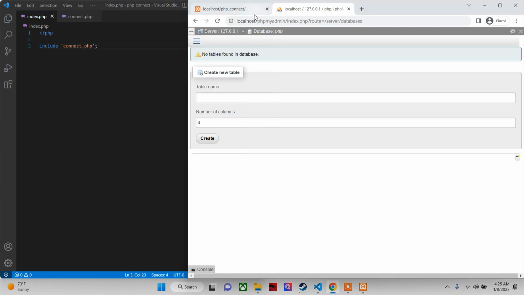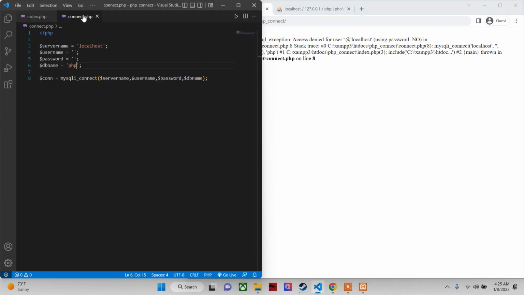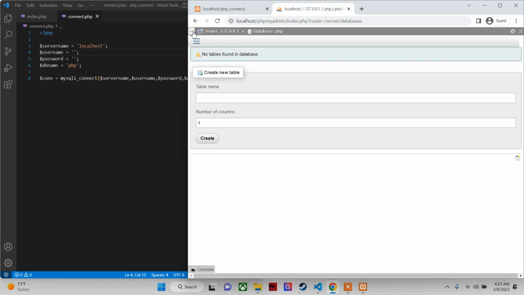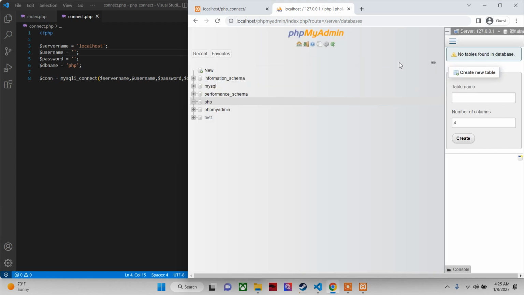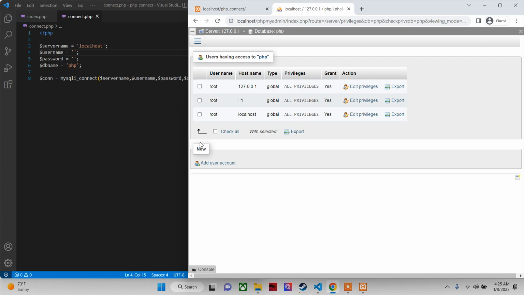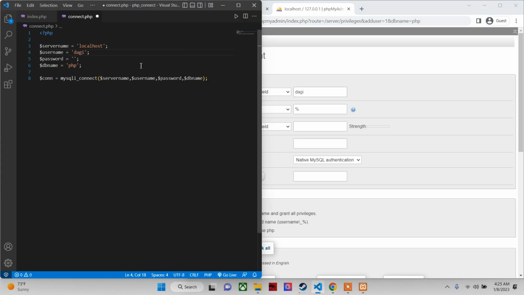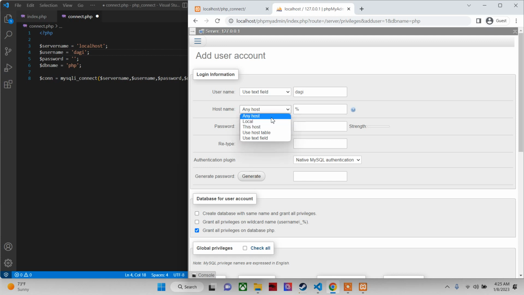Now when you refresh, you can see there's a MySQL error. So we'll need a username. Let's go to our privileges and add a user account. Let the username be Dagi. So come here, put the username, then we'll use localhost, and the password will be